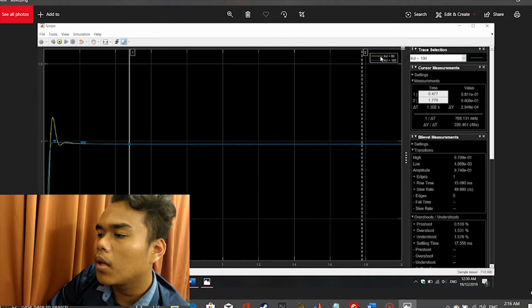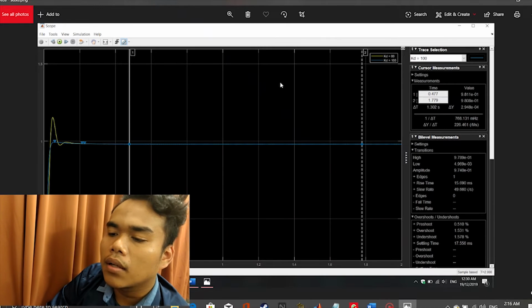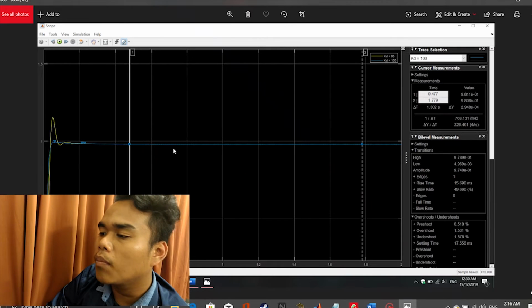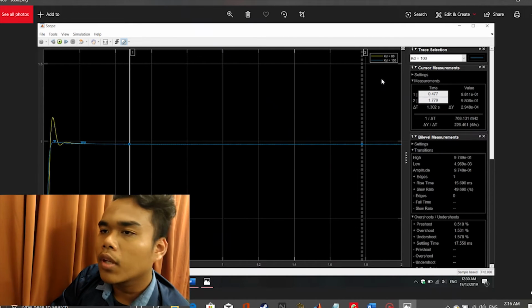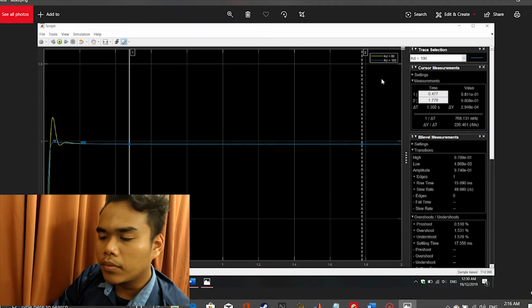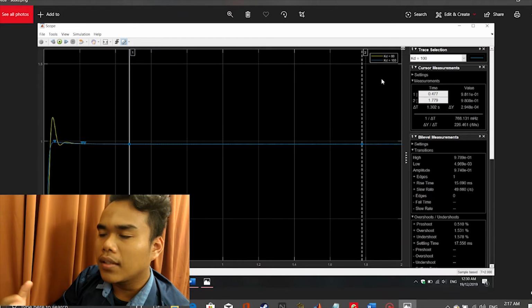That is because for PD controller 1, I put the KD value at 80, and for PD controller 2, I put the KD value at 100. When we refer to the PID table that we learned in the control system class, when D is increased,